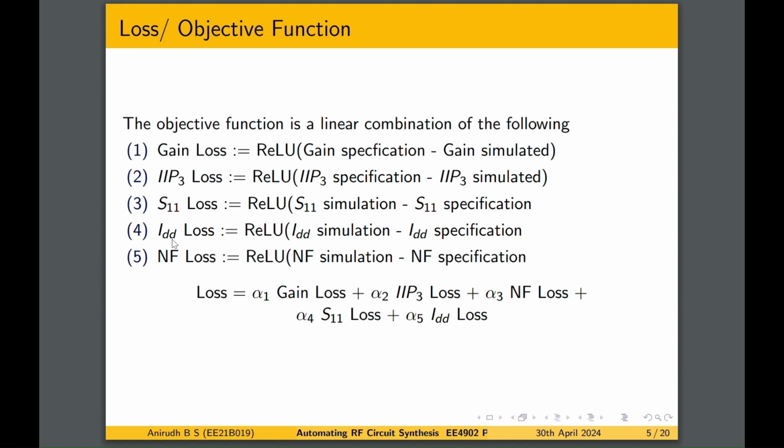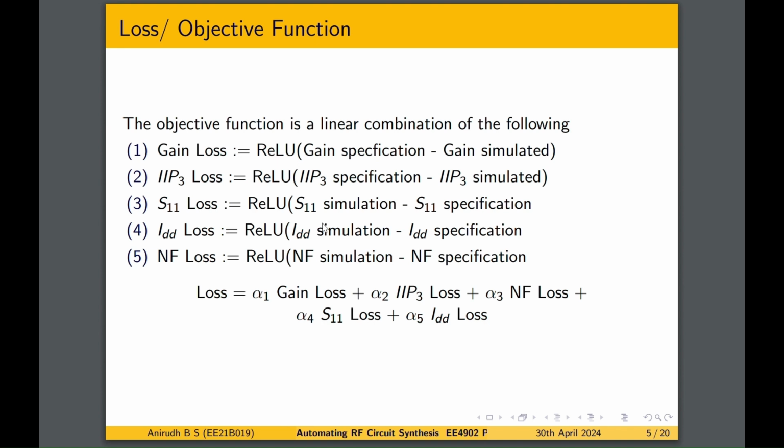Similarly, IDD loss, that is the DC current drawn from the power supply, is given by IDD simulation minus IDD specification. The same goes with the noise figure, and the overall loss is given as a linear combination of gain loss, IIP3 loss, noise figure loss, S11 loss and IDD loss. And here by definition the IDD specification is set to 0. This is just a matter of convention,